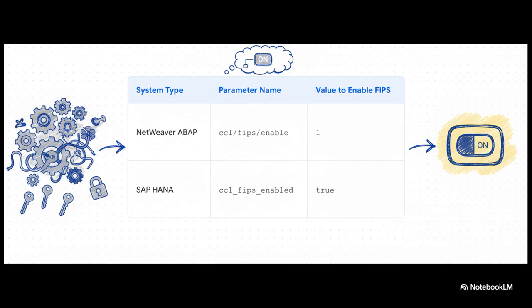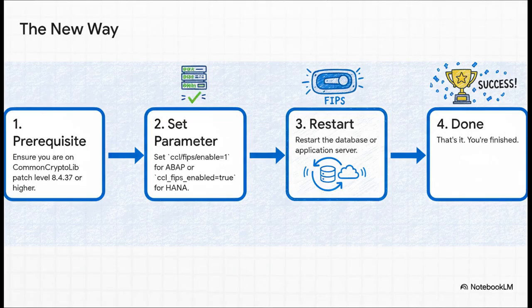It's centralized, it's simple, and it sticks. So this new process is just incredibly straightforward. If your system is on CommonCryptoLib 8.4.42 or higher, life is good. First, you just double-check you're on a minimum patch level. Then you just set that one little parameter for your system, do a quick restart, and that's it. You're done. No more copying files, no more manual hash checks, and the best part, no more redoing it after